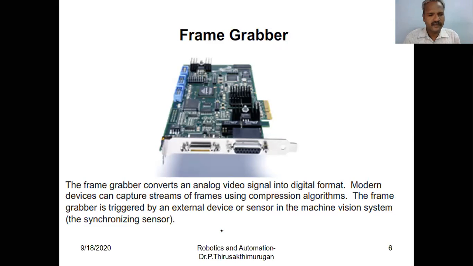Modern devices capture streams of frames using compression algorithms. Modern compression algorithms have come into the literature, but we are not going to touch on the algorithms in detail, just the outline. The frame grabber is triggered by an external device or sensor in the machine vision system, that is, the synchronizing sensor.